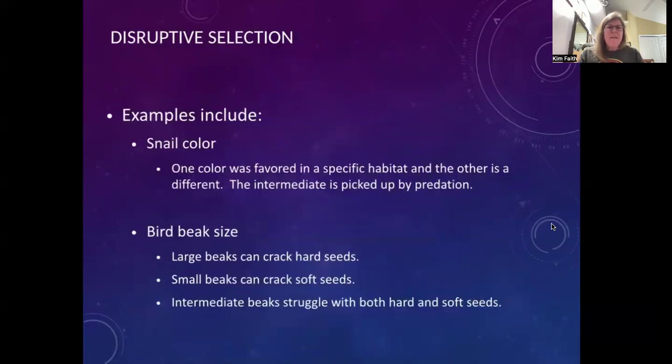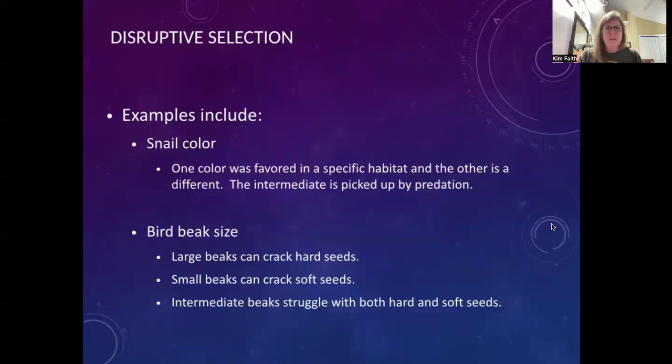Now, we often talk about disruptive selection in snail color, and there are particular types of snails. For this one, you have two different coloration patterns, and if you have a hybrid, it's kind of a mixture, and the mixture does not blend into either one of the habitats, so it gets easily seen and picked off